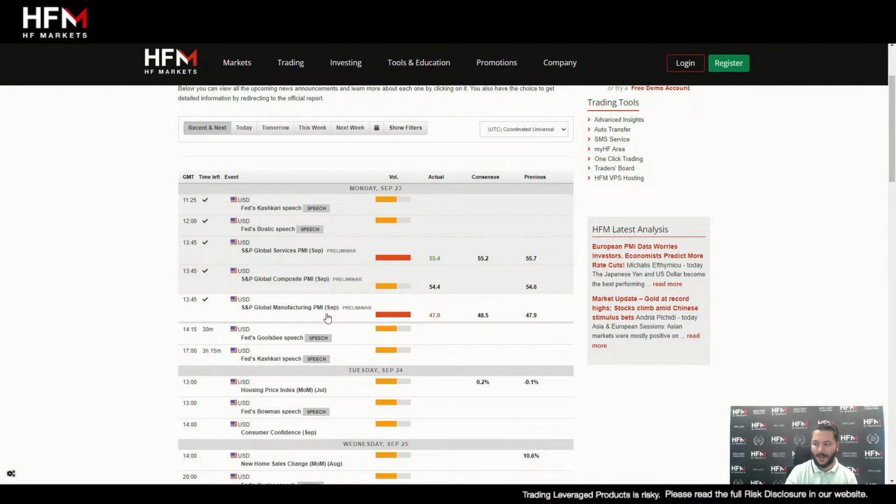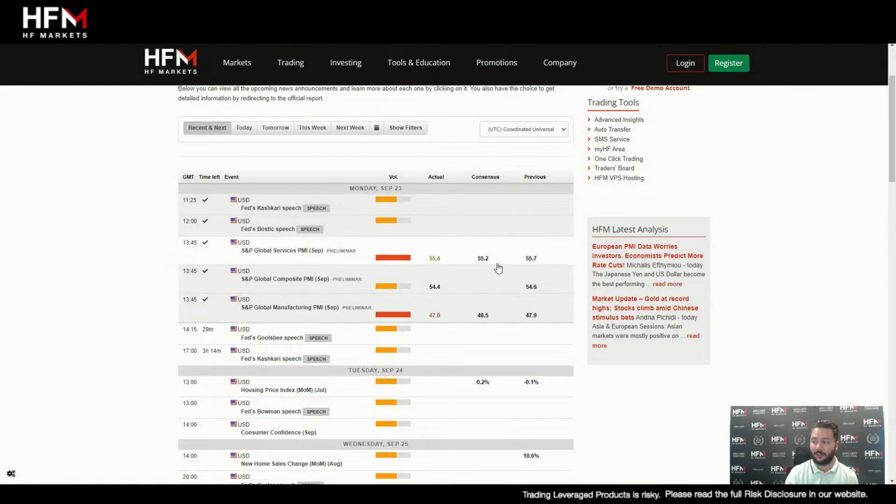Now, if you look at the manufacturing PMI for the US, that came in significantly lower than expected as well. So actually now maybe there's an advantage of looking at the US dollar against the Australian dollar, for example. Why? Because the US has now also seen its manufacturing PMI lower than expected. Previously, it was at 47.9, it's dropped to 47, and was expected to actually rise. It didn't rise. So that's a poor announcement for the US.